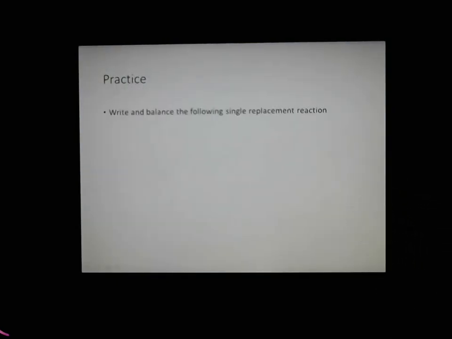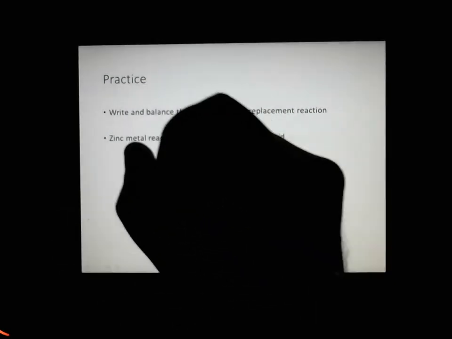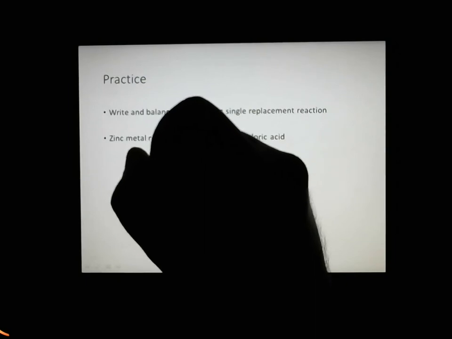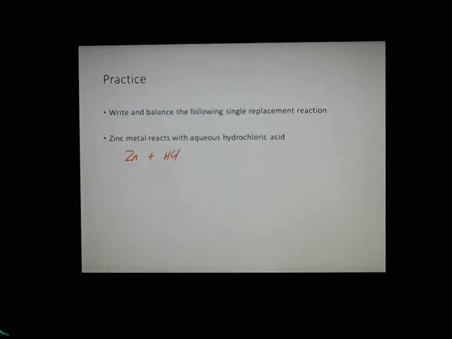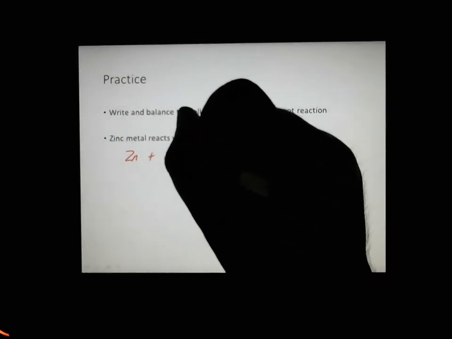So let's have a look at some examples. Here's one single replacement. Zinc metal reacts with aqueous hydrochloric acid. So let's write down those two things. We have zinc, all on its own, plus hydrochloric acid. Okay, so zinc is a metal. It's the positive thing. Hydrochloric acid, well, the H in this case is the positive part, so the zinc is going to kick out the hydrogen, because it's going to take its place. Zinc is positive, hydrogen is positive. So that means our reactant is going to look something like,